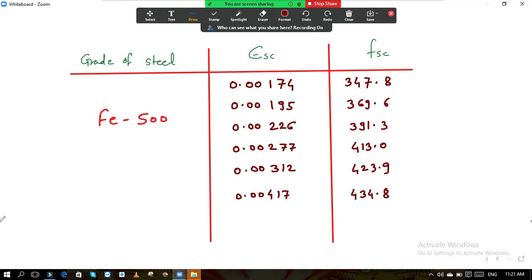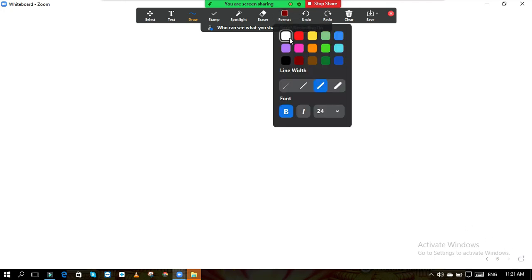For a balanced section. And again, if your Xu is greater than Xu max or Mu is greater than Mu limiting, then these types of sections are over reinforced sections. We will not design these types of sections. So in this way, we find the moment of resistance capacity for the doubly reinforced section. Now let us see one example. Through the example, you will get more clarity.